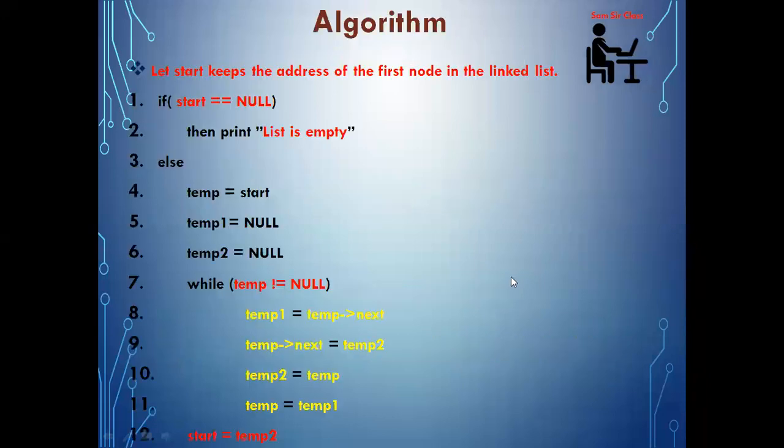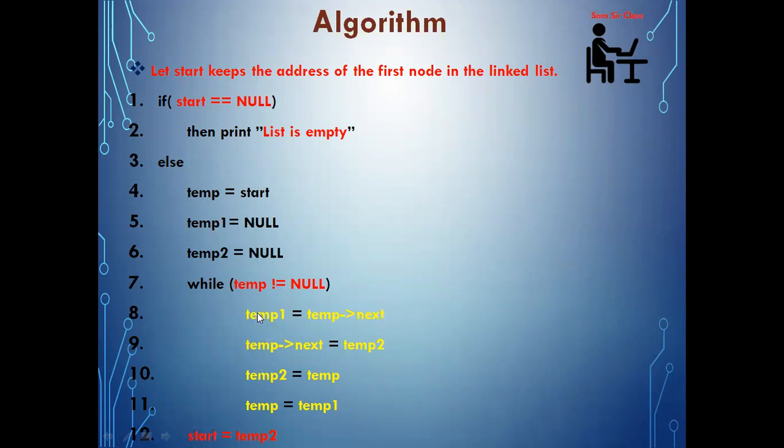So the procedure that we have followed in our program is very simple. So let us discuss the algorithm. First, we are checking whether the list is present or not. If not, then just give a message that the list is not present or the list is empty. Otherwise, we follow some procedure from the starting one. Temp, temp1, temp2, three variables we are using. Till temp is not equal to null, I am keeping temp in between temp1 and temp2.